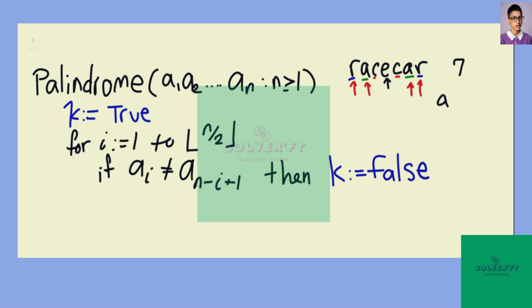All right, so once we finish this loop, we want to return variable k at the end because we are determining just whether or not it's a palindrome, right? So true it is, false it isn't. So we want to return our variable k, and that completes